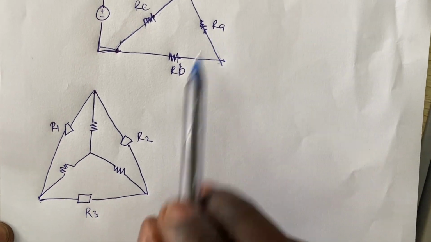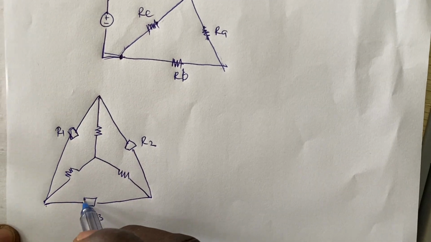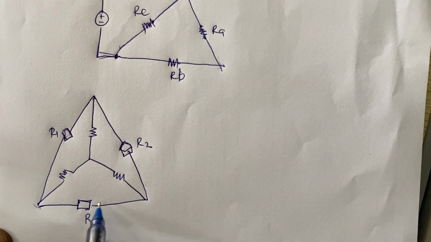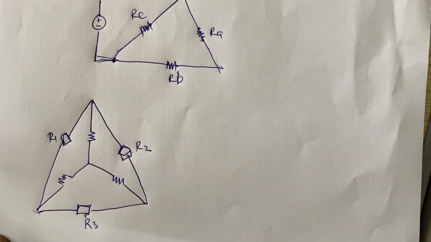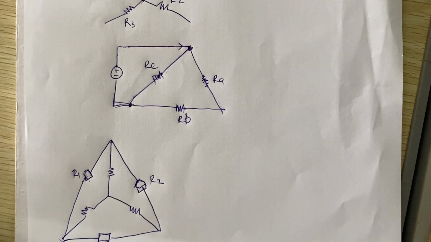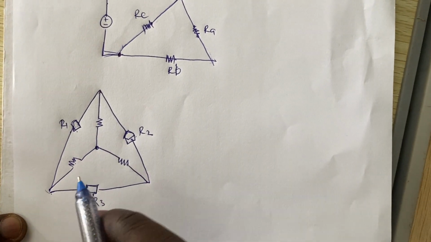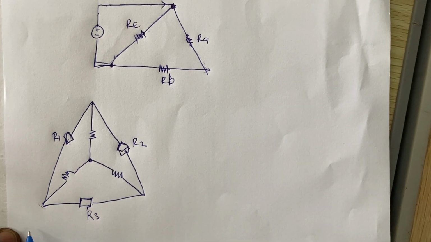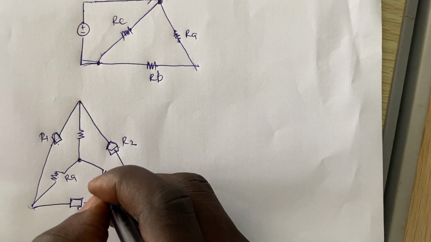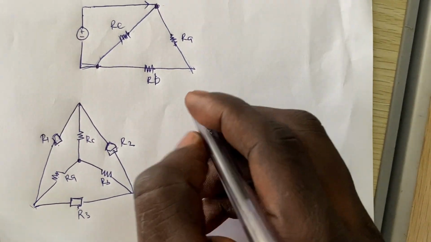So from what we explained earlier, because these three, the end of one is connected to the tip of one, these three are in delta connection, right? So R1, R2, and R3 are delta connected, right? In that same way, because these three are also sharing a common point, we can say those three are star connected, right? So we can say we have RA here, we have RB here, and then let's make it RC, right? So from star to delta,